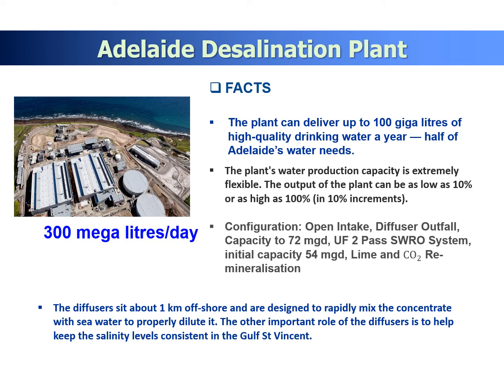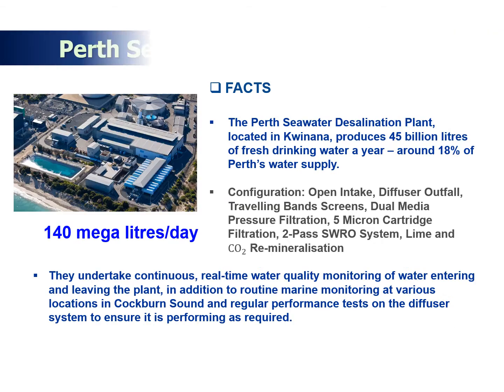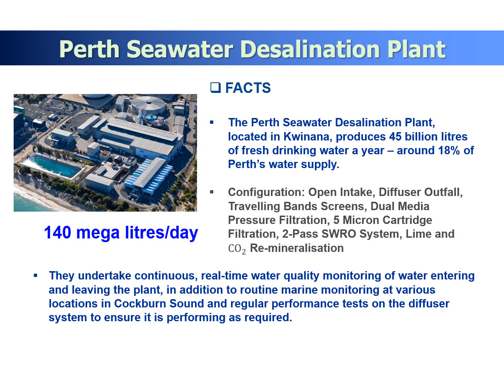Adelaide, 300 megaliters per day, and this process has ultrafiltration followed by a second pass seawater reverse osmosis system, and the post-treatment is very similar to the previous treatment process, lime and CO2 remineralization. And the Perth desalination plant,